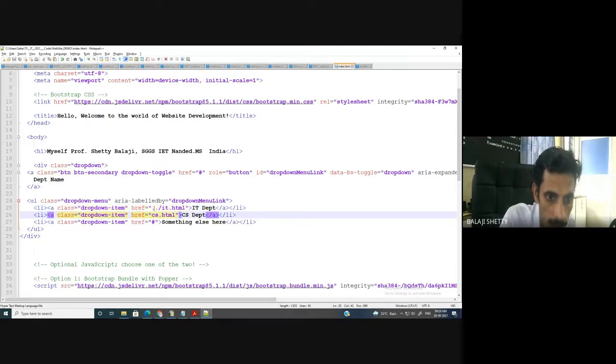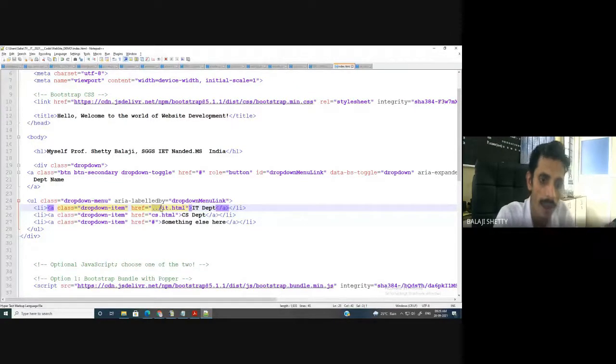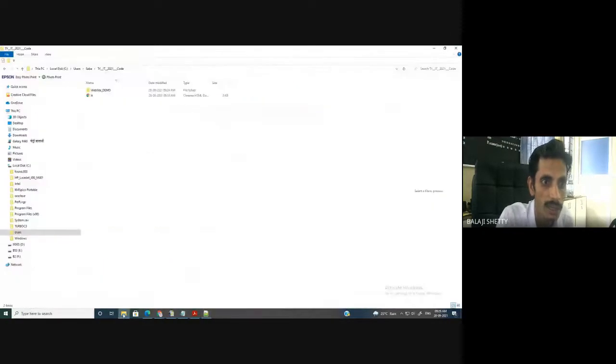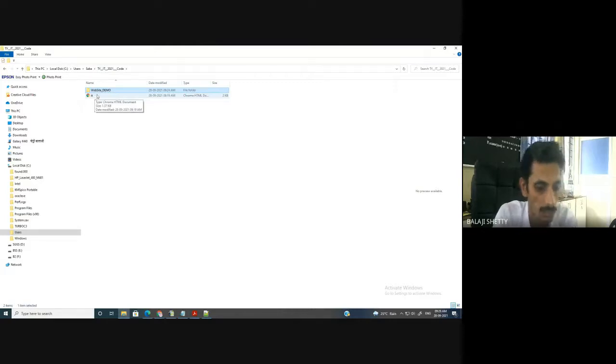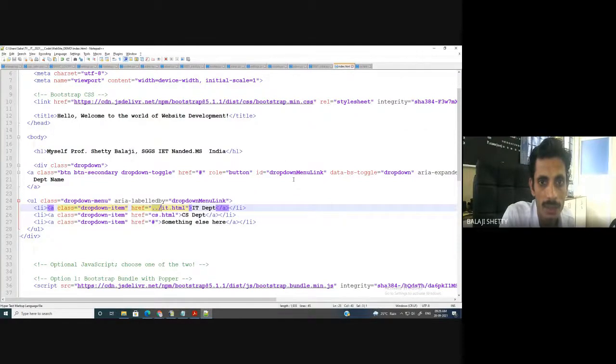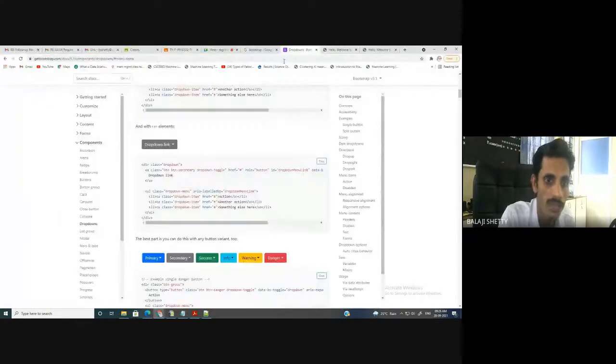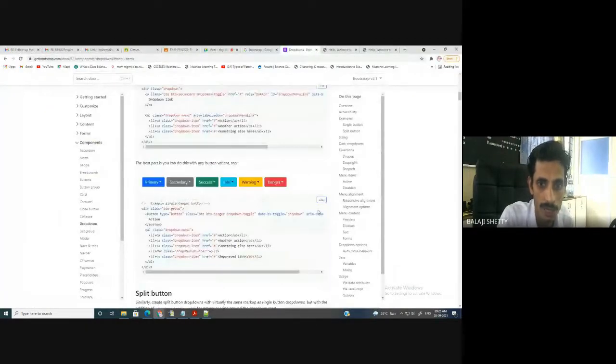Go to the previous folder, one folder back, what does that mean? Currently it is in this folder, website demo. Go to the previous folder and check the file. Clear? Okay, fine. So like that, this is the Bootstrap. Whatever is your code, suppose I want this code. It's very simple. Copy this code.